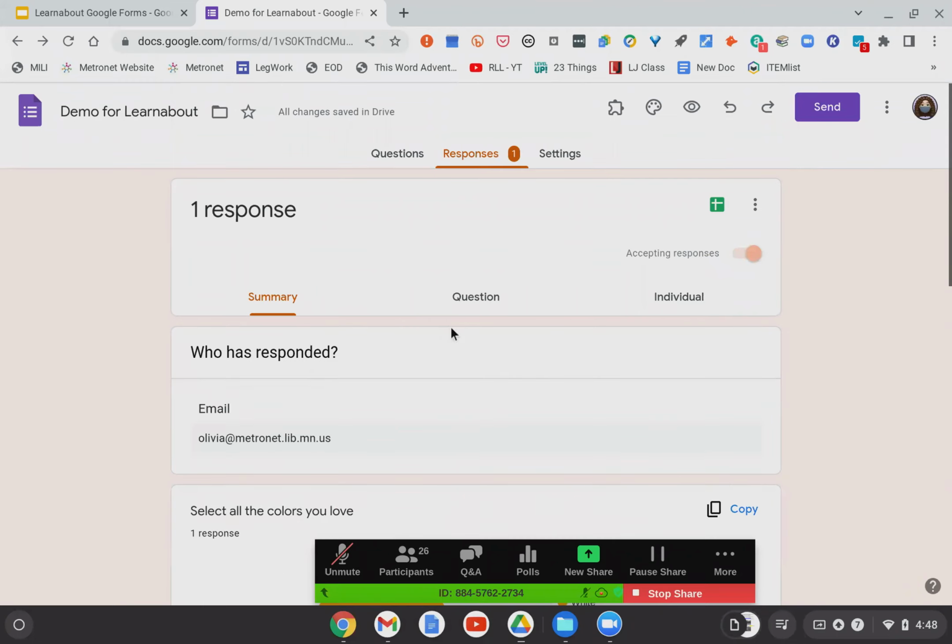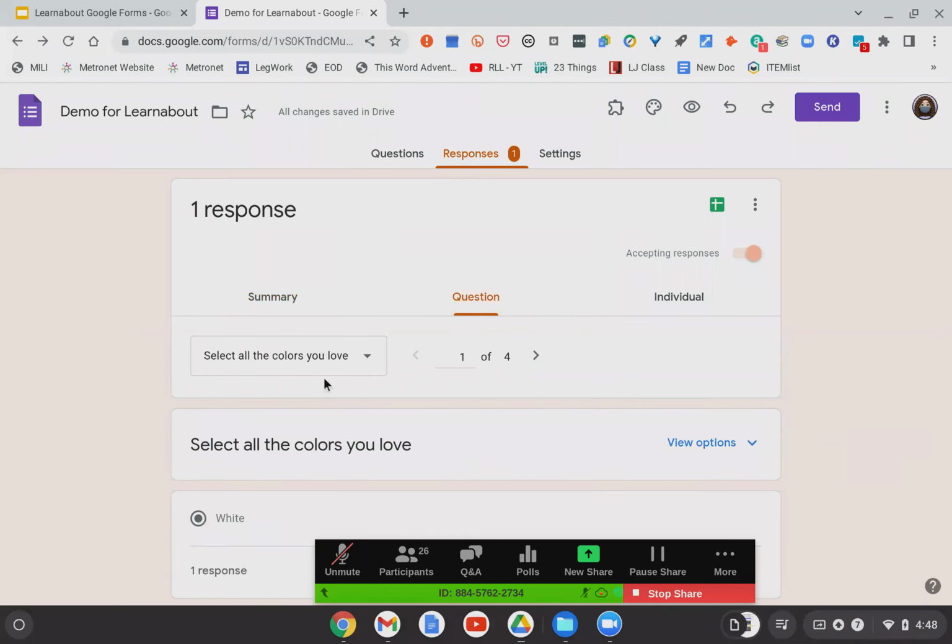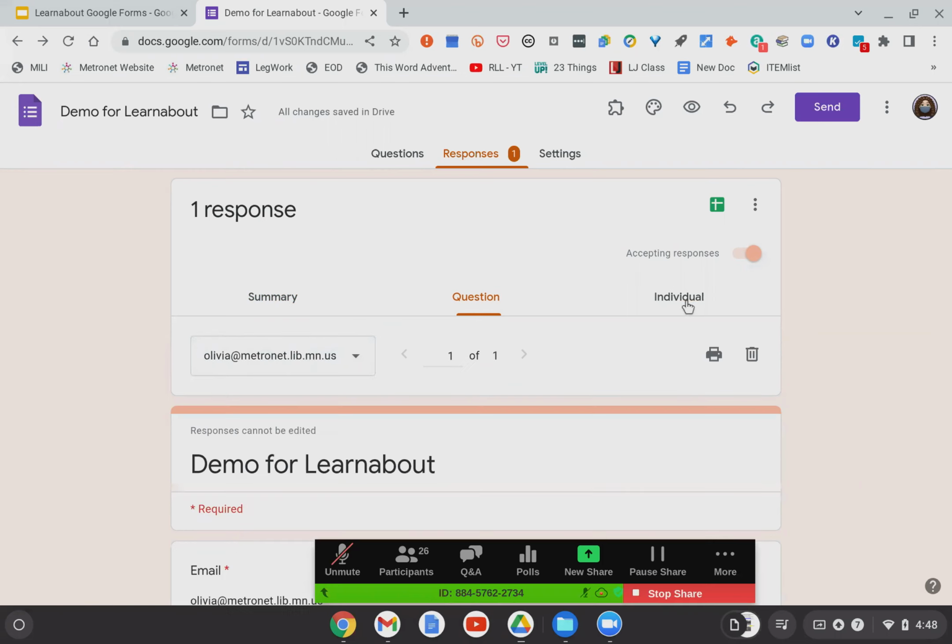You can look at the response. This is the summary for responses. You can look at the questions. So you can go by individual question in the page to see the actual responses to each question if you want to know, or you can look at responses by person. So you can look at all the people who have responded, and this will be a drop-down list of email addresses, or you can scroll through them back and forth by number, depending on how many are in there. So you can see that. You can also send them to a Google spreadsheet, which there's no need for me to do now because it's just me, etc. And you can get rid of responses in here.